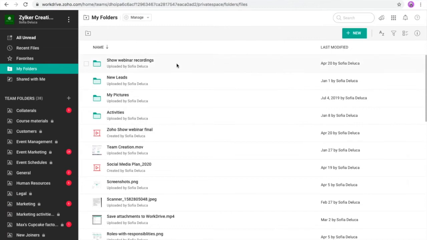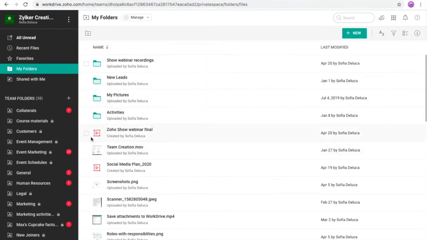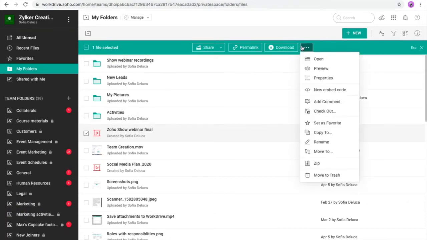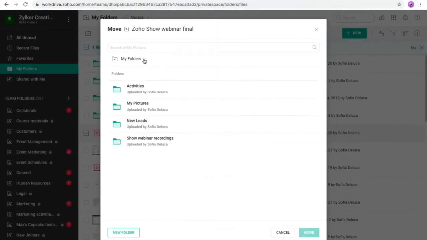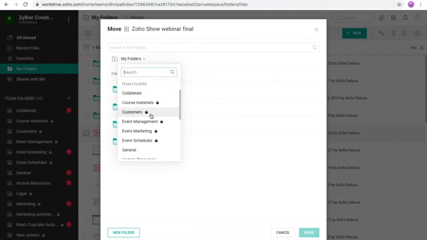And from here, you can also share files to people. You can create external share links. It's similar to what is there in the team folder. And let's say you want to move a particular file from your My Folder to a team folder, then you can do that as well. You can simply select the file and say move to, and from here you can pick a team folder, but you have to ensure that you have an organizer role to it for you to move that file to the team folder.